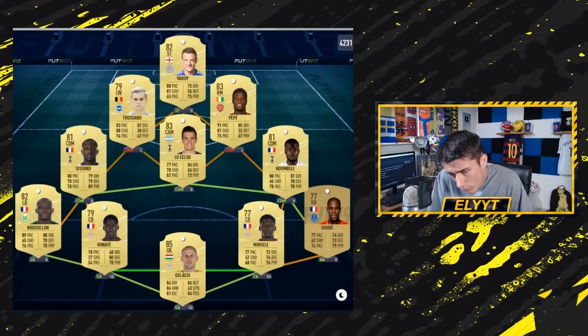Put him as a 4-3-3 of some sort. Vardy up top with Lo Celso in the midfield. 83 rated on Lo Celso. Only 81 rated on Ndombele, but all three of these midfielders for Spurs are really good, and Sissoko, I think,